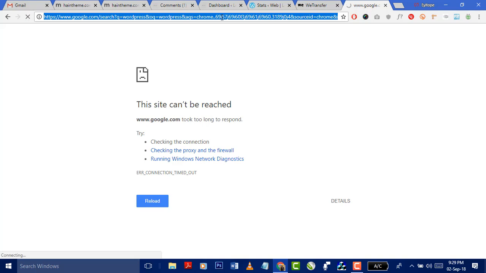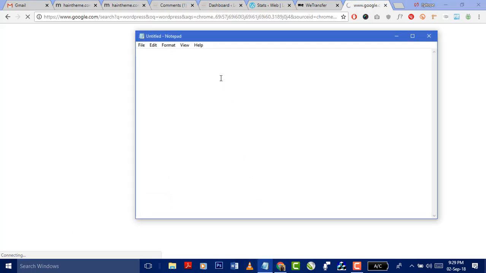There's the text or the content, which will contain your images and text. Then you have your database, and then you have your